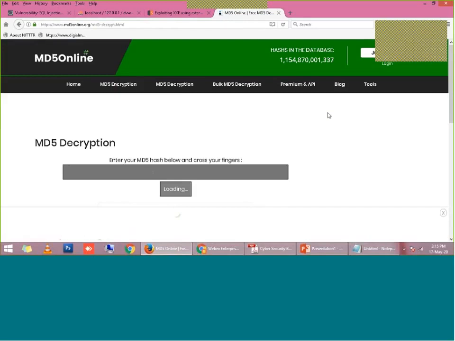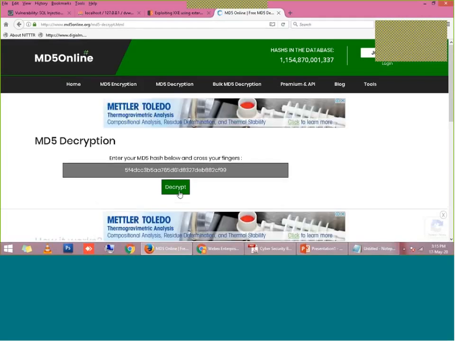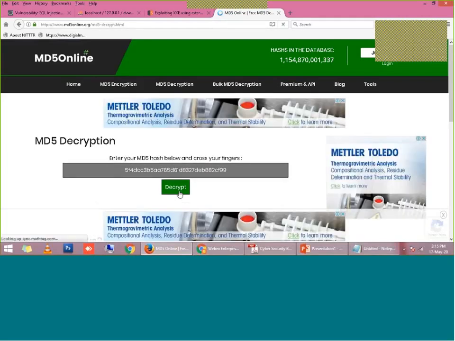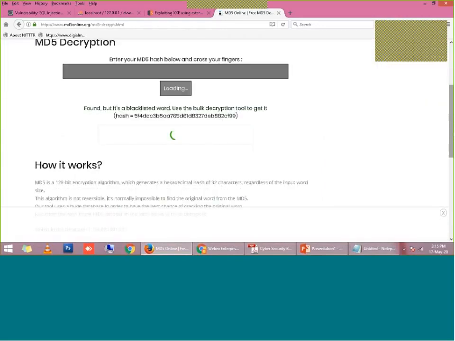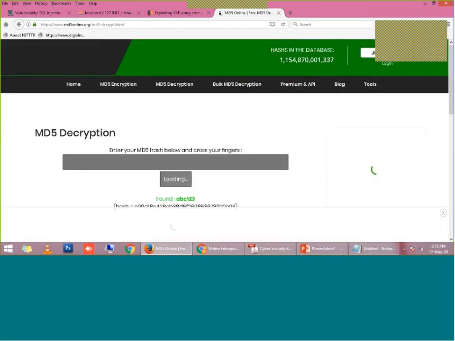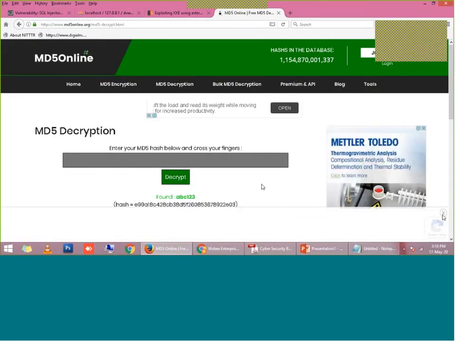Let me try this website. You all know that hashes are not reversible, but what these sites do is they have stored some well known passwords in their databases, and they match the pattern and give you the decoded password. Yes, found. It has decoded the MD5 hash as ABC1234.